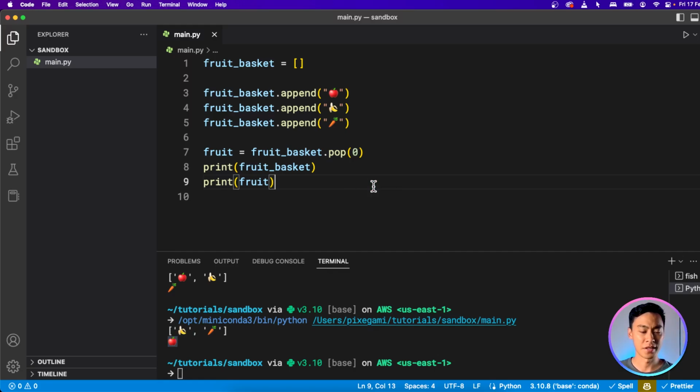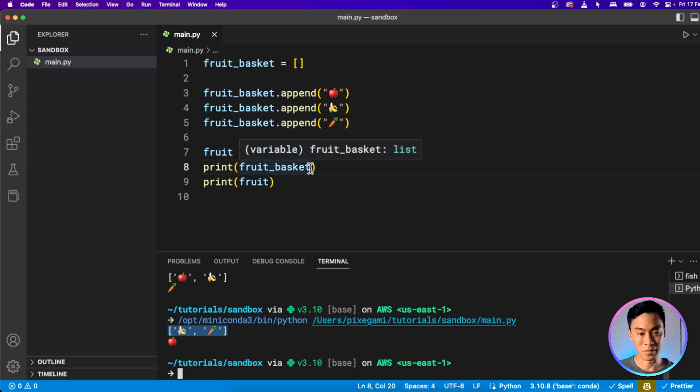After you've popped this item from the list, after we've popped this apple, does the banana become the first item, or is the first item just empty? Well, you could already see here from the list that there's no empty slot at the beginning, so everything in the list kind of shifts down 1 to fill that popped item.